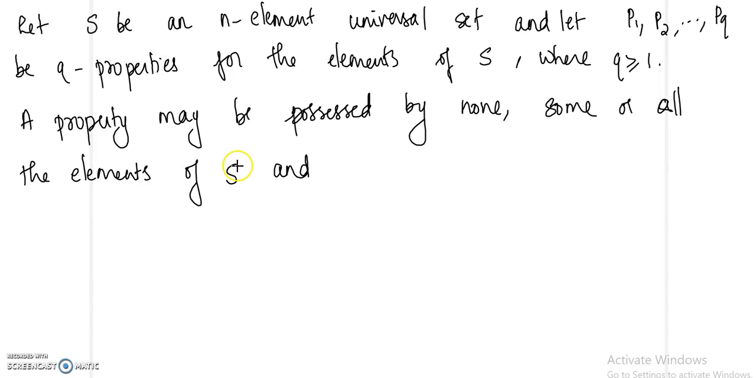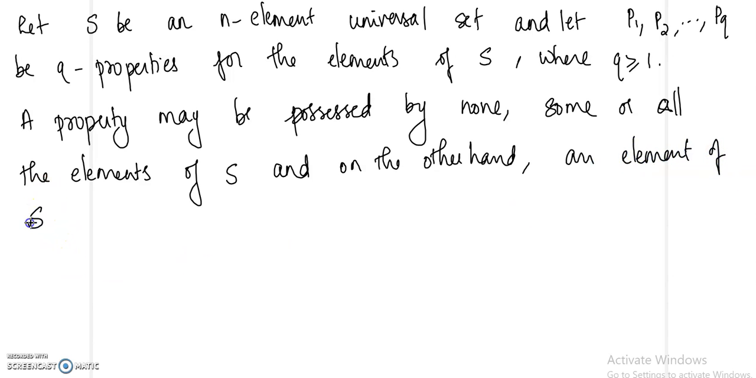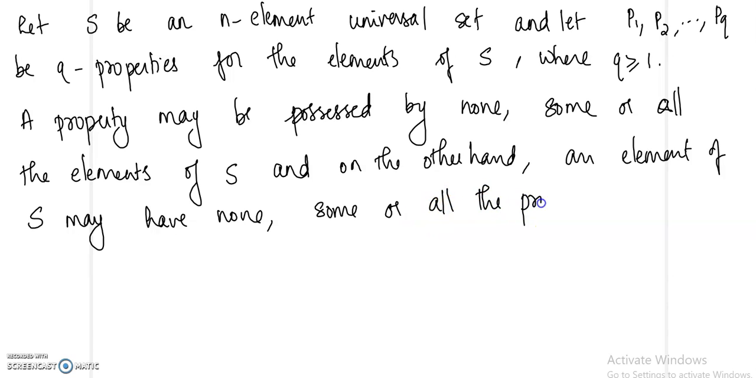Okay, so on the other hand an element of S may have none, some, or all the properties. So that is how we have defined it. So S is an n element universal set and P1